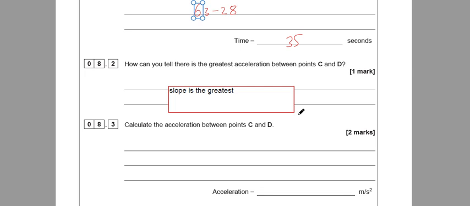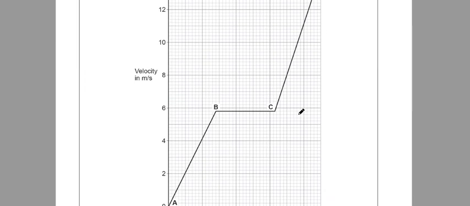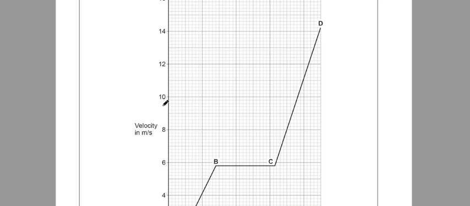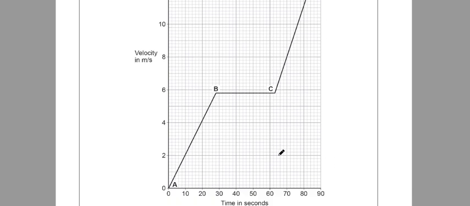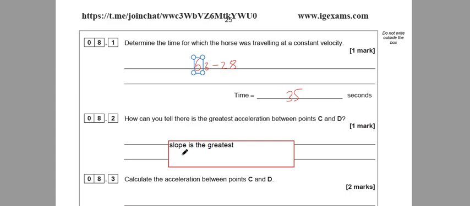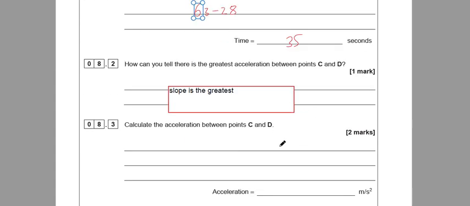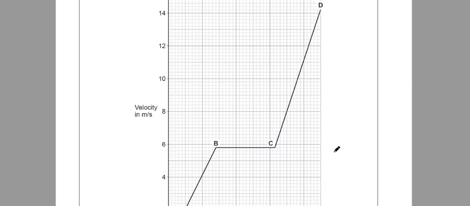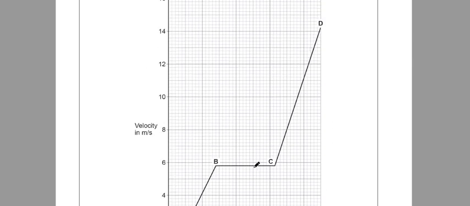How can you tell there is greatest acceleration between C and D? Acceleration is the slope of this graph. So by knowing that the slope is the greatest between C and D, calculate this slope. It will be the difference in y, in velocity, at C here,